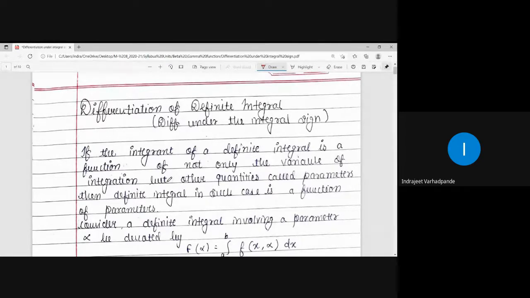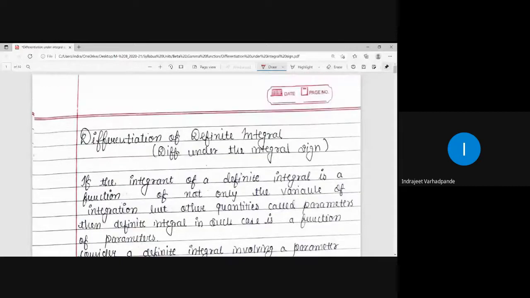This heading suggests that whenever we are asked to find the integral of any particular integrand which contains two different parameters, right? Now, what do you mean by two different parameters? In general, wherever we talk about integration, it is the integration of f of x dx, right? It will be a definite integration between the limits a to b, and I have to integrate the given function with respect to x.